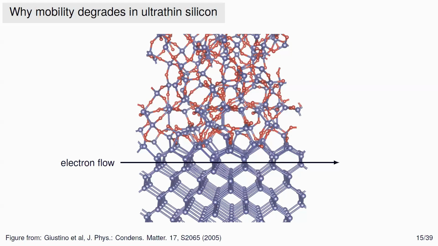So it's a surface to volume ratio problem where too many electrons are traveling close to this region, which is essentially amorphous and causes a lot of scattering, okay? So this is something that is unavoidable once you keep thinning the silicon layer, because it will always have an amorphous oxide on top. So what people have thought in this area is that maybe one way to go around this problem is to replace this object with materials that have perfect interfaces by design, okay?